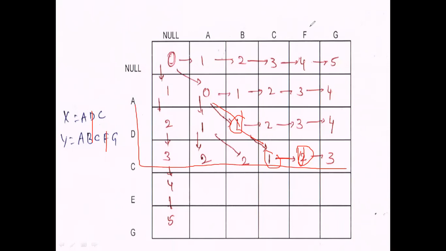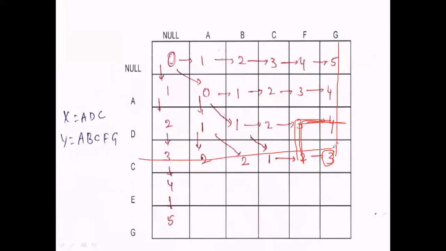Here R is not equal to C, that is C not equal to G. We consider the minimum value, that is 2, 3, 4. If R is not equal to C, that means C is not equal to G, so we consider the minimum value in the boxes of the L-shaped values, that is 2, 3, 4. We consider the true value, and delete B, another delete operation, that is the minimum value, and perform the deleting operation.